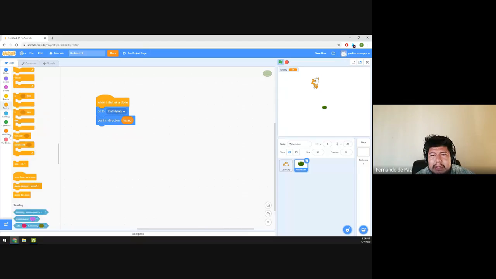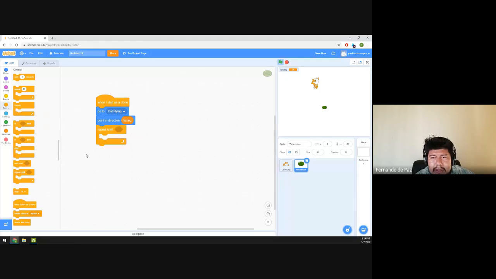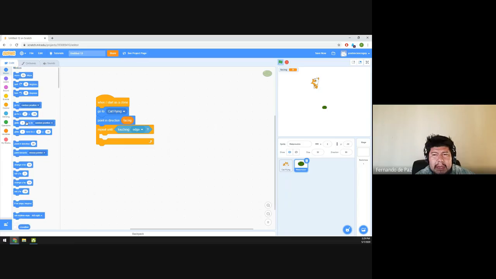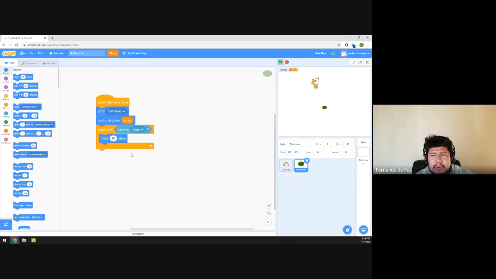And then we want to repeat this until we touch the edge. So we go to sensing, and then we go to touching edge. Okay, so repeat this until we're touching the edge. And what do we want to repeat? It's just moving forward. So we're just going to move, I don't know, 12 steps maybe, because it has to be faster than the cat, so the cat doesn't reach the